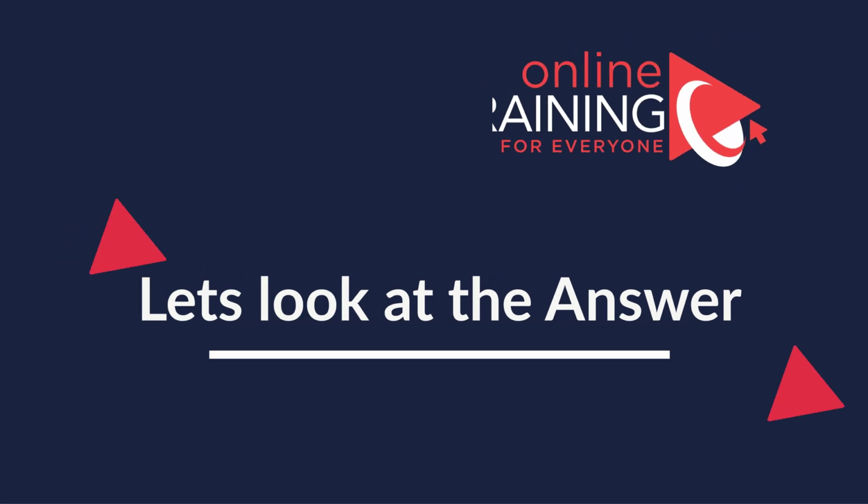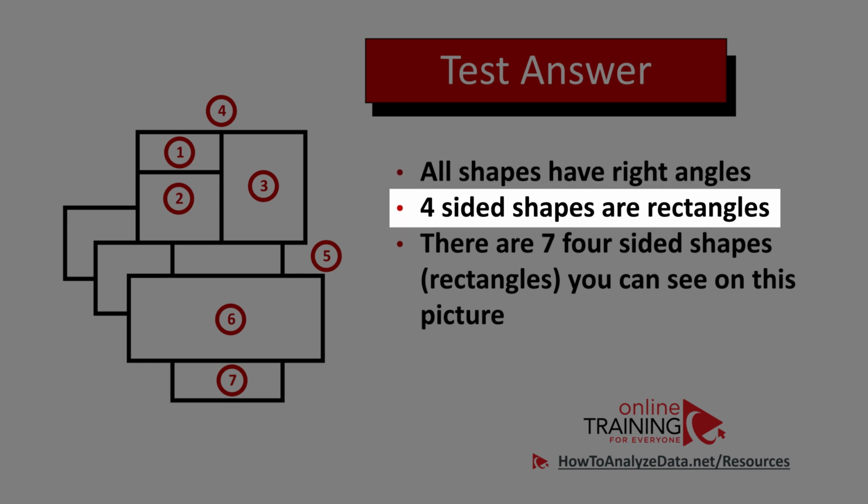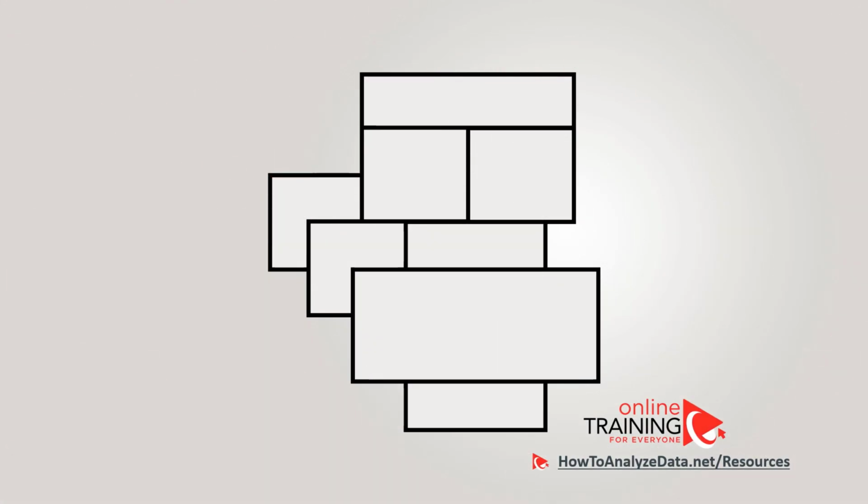There are different four-sided shapes, but all shapes on this picture have right angles. This is the reason all four-sided shapes here are rectangles. And there are 7 four-sided shapes that you can see on this picture. Let's draw all of them for you. Let's start with shape number 1, then go to shape 2,